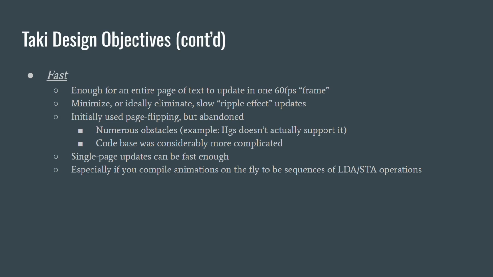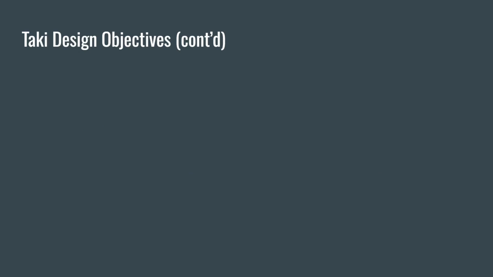It's intended that Taki run properly on all models of Apple II, from the II Plus, or an original with 64K, to the Apple IIGS and IIc Plus. In fact, the reason all of my demonstrations are in capital letters, as you may have noticed, is that I've been primarily doing my development on an emulated Apple II Plus. This has bitten me a couple of times, but it helps me ensure that the code I write is compatible with the oldest models. Taki can handle lowercase text totally fine, by the way. I'm just not using any in my examples.